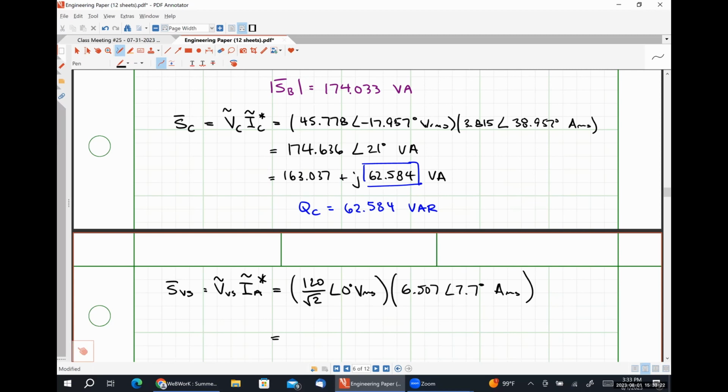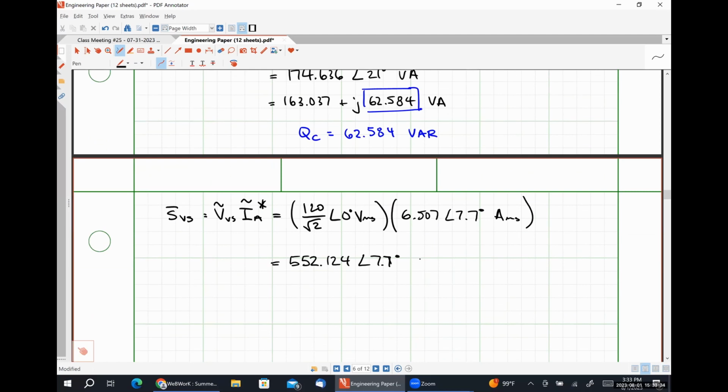I get that to be 552.124 with an angle of 7.7 degrees, volt amperes,